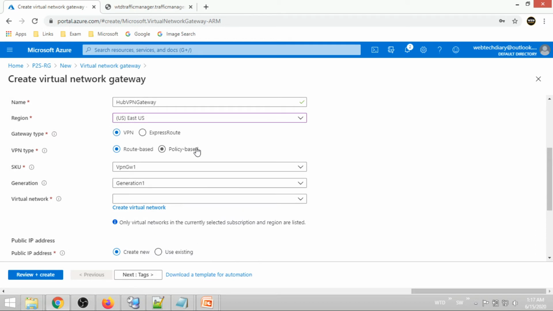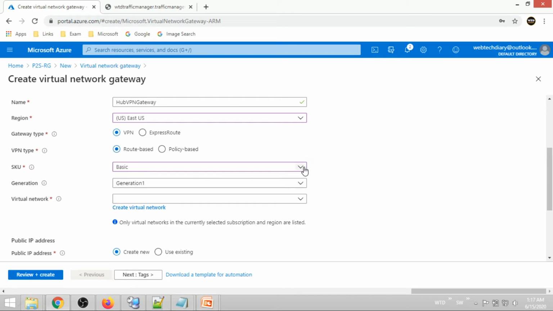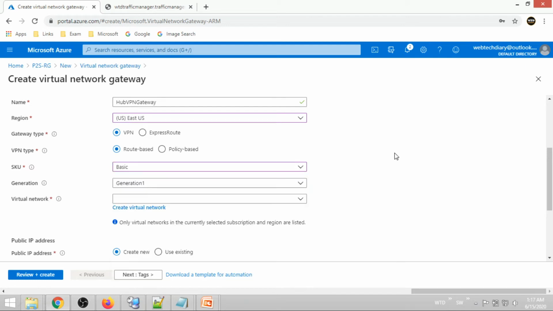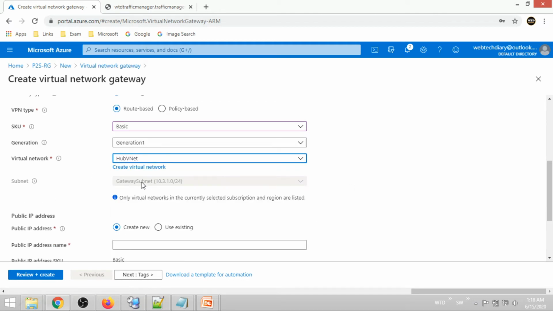Because we are setting up a point to site VPN, so you should go with route based. And regarding SKU, we'll be going with the basic one because others are costly. So I'll go with the basic SKU for this demo. So generation 1 virtual network will be using Hub VNet, and automatically it has detected the subnet where it can create this VPN gateway.